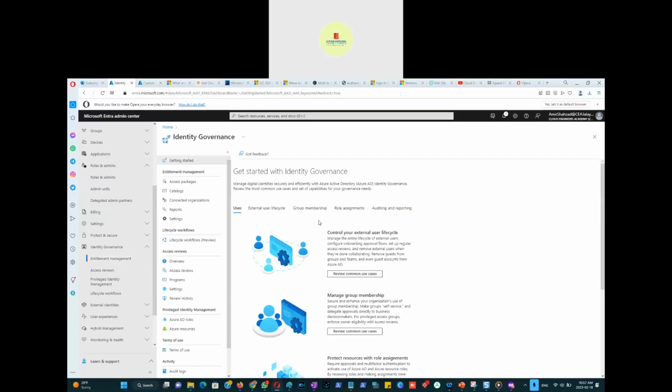So this is the area where we may have gone before as well, but the security course also requires that we should know, and Azure 104 also requires that we should know that. So just for the sake of the security course, I'm going to just go through this. Control your external user lifecycle. So external users, they are a pain in the neck,